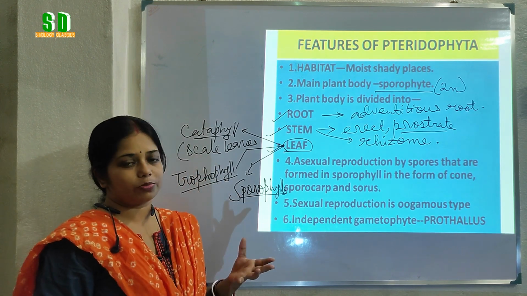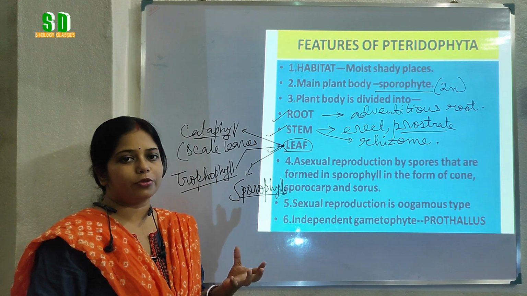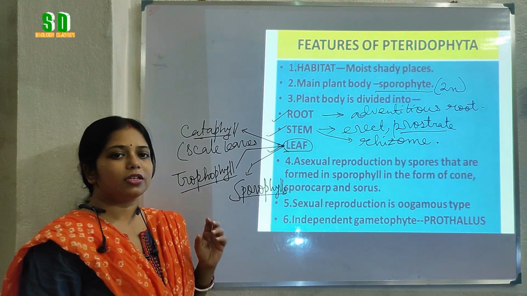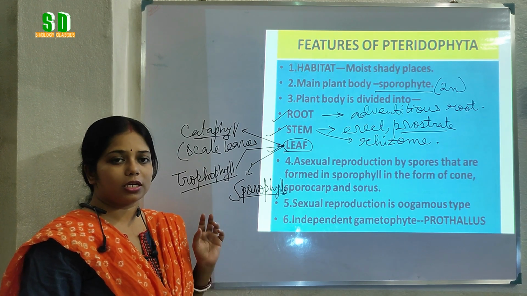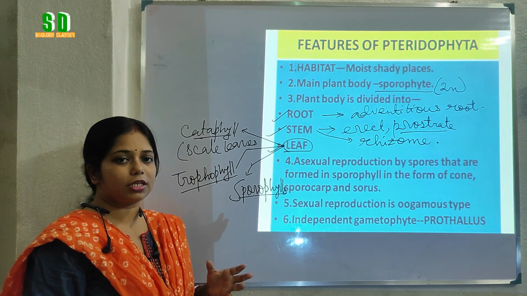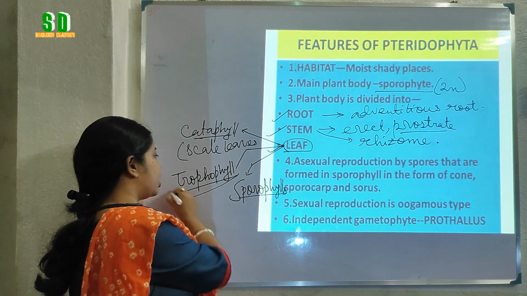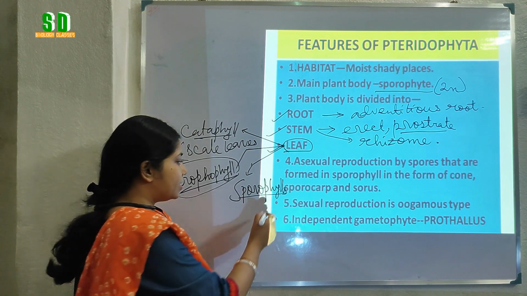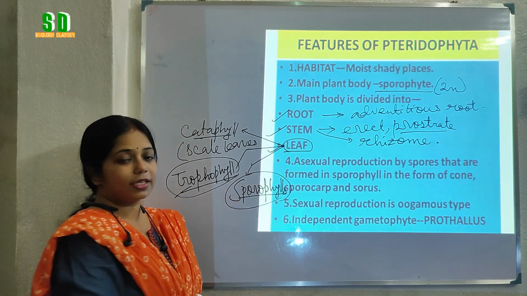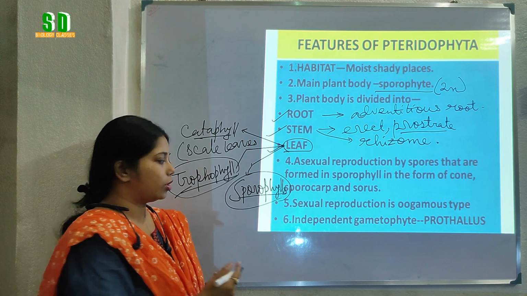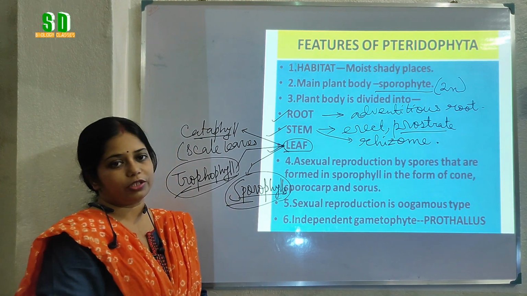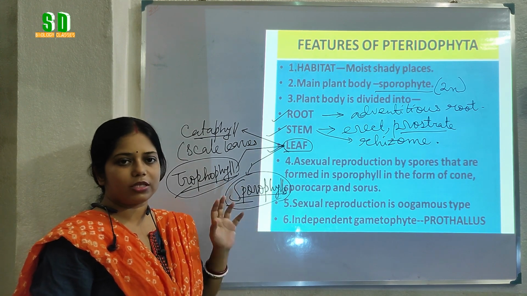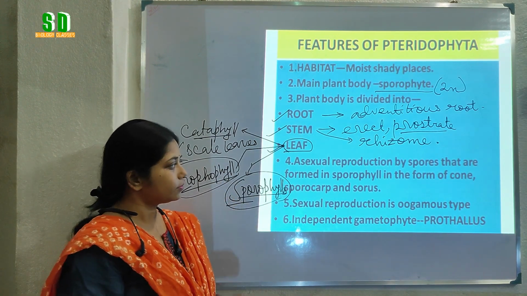In some other Pteridophyta like Lycopodium and Selaginella, the whole body is covered by green photosynthetic leaves. Those leaves which help in photosynthesis are called trophophylls. Another type of leaf-like structure that bears spores is called sporophylls. So in Pteridophyta, three different types of leaves can be seen in the same plant body.